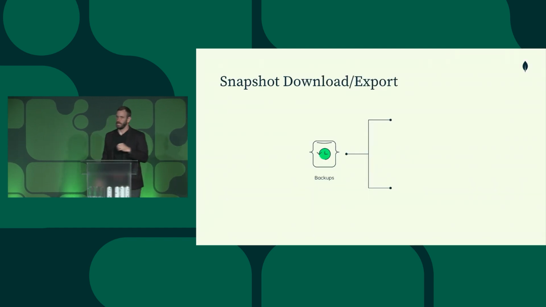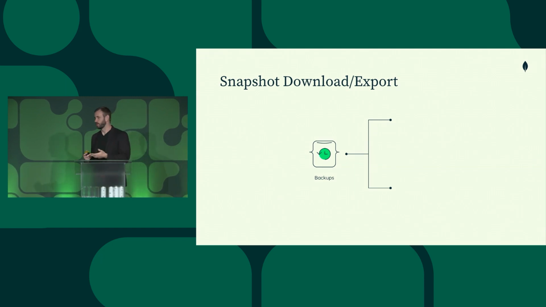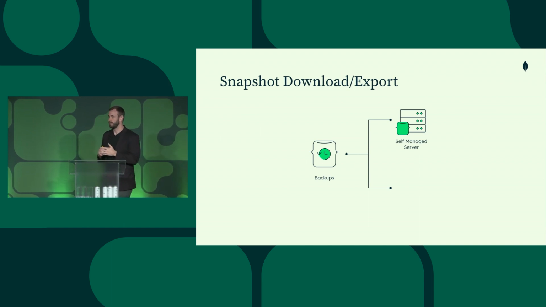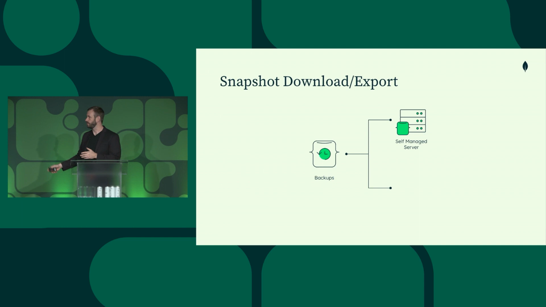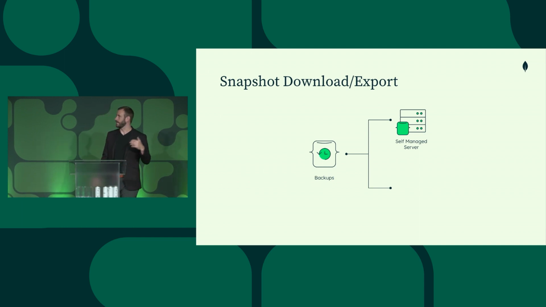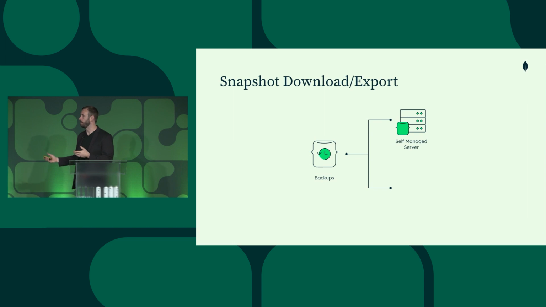Another piece, as I mentioned, companies have multiple different requirements for archival purposes or air-gapped pieces for their data. So we offer the ability to download and export your snapshots as well to meet some of this criteria. The first one being download, you can download this to a self-managed server. Again, it takes the data that you have in MongoDB Atlas and downloads it directly to whatever server that you choose. Again, some companies, depending on the organization, focus on this with, like I said, air-gapped or having to have your data on multiple different types of media for long-term keeping. So this allows you to satisfy that requirement.